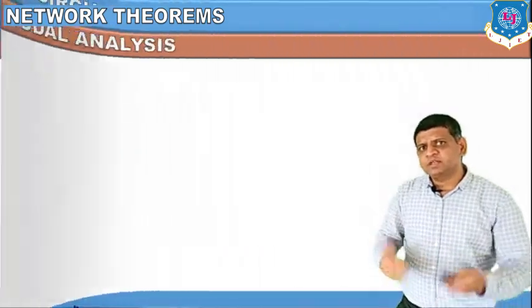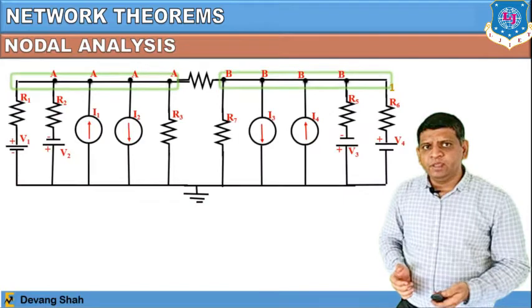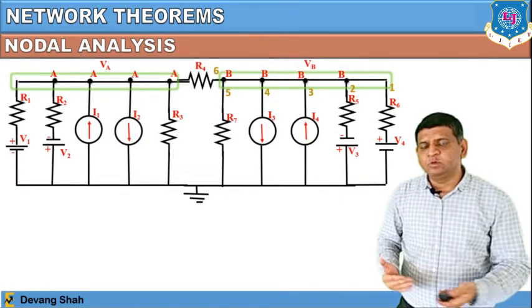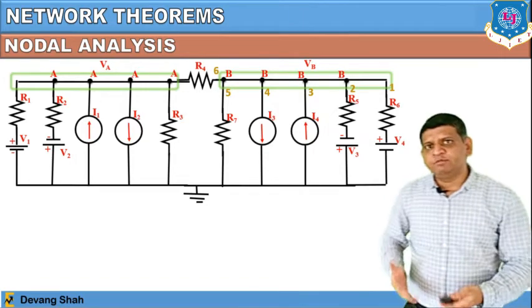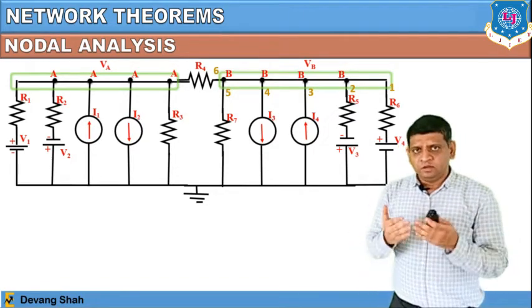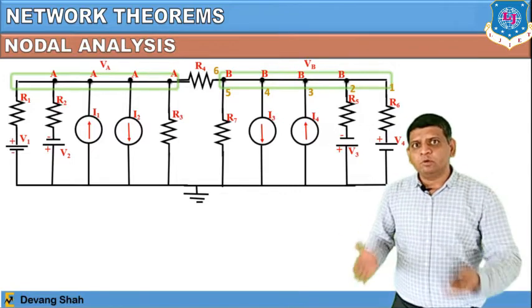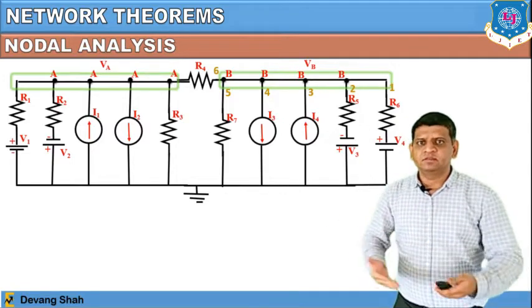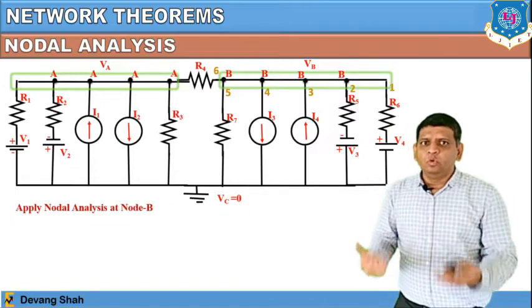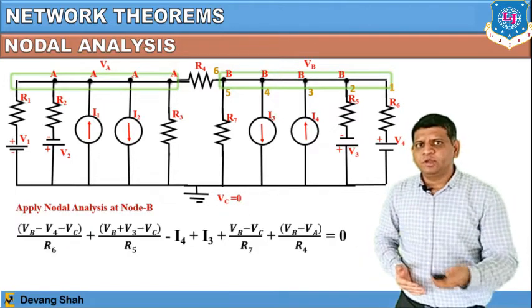Now same way, same formula you can apply at node B, and again once you consider it as node B, that means you have VB, right? And again you have to figure out how many branches are connected at this particular node. So if there are n number of branches, there are n number of current terms you will find in this nodal analysis. So you can see here, once you apply nodal analysis at node B, you can find the complete